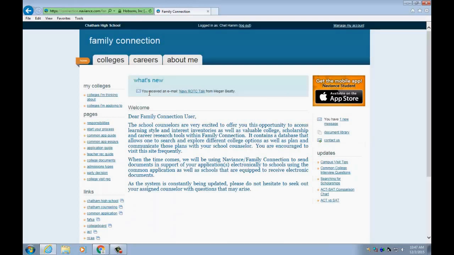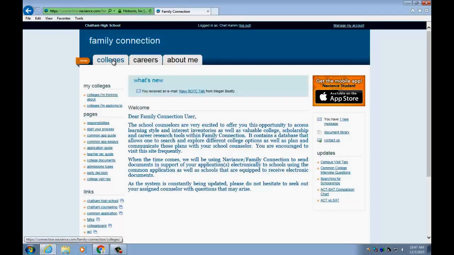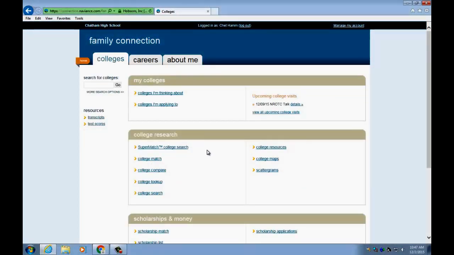In order to perform a college search, you'll have to click the Colleges tab at the top. There are two tools within here, the College Supermatch College Search and the College Search. We recommend using the College Search feature because that actually searches all of the Naviance database. There's over 5,000 colleges within here. So click College Search,